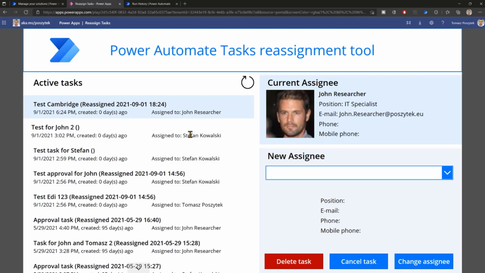If the currently assigned person is not available, then what you have to do is to simply try to design the workflow that assumes such a situation can occur and, for example, times out those tasks and reassigns them or assigns them to a different person. In the end, if you're unable to change the design of the workflow, and the currently assigned person is not present, what you can always do is to simply navigate to Dataverse and then update these records manually inside Dataverse tables, which is the most difficult way.